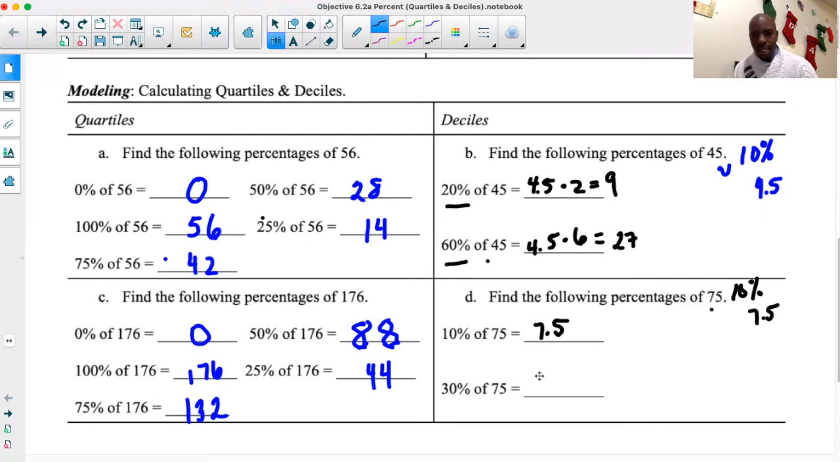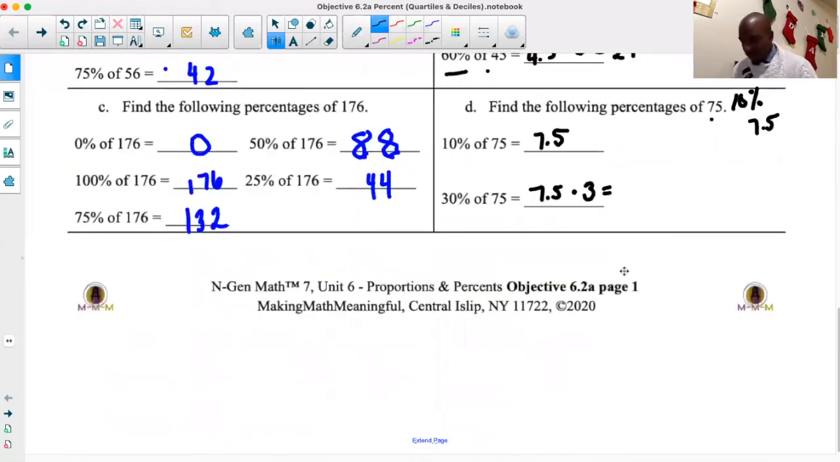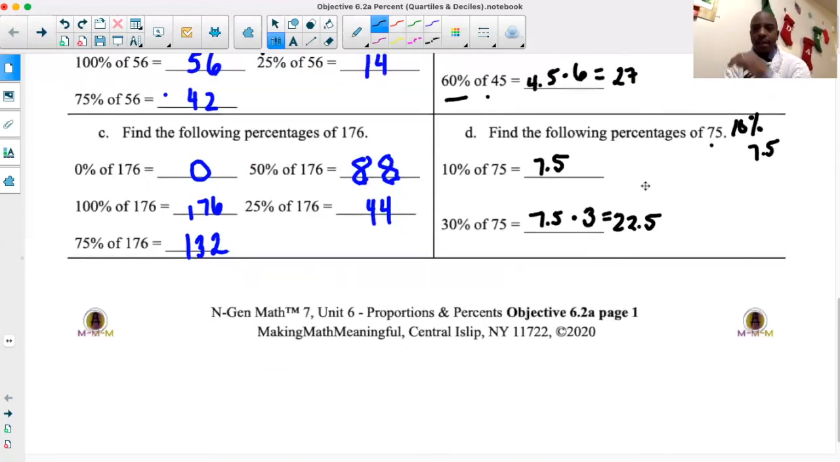But 30% is going to take 7.5 and multiply by 3. Now, why 3? Because we know to go from 10% to 30%, we have to multiply by 3. 10 times 3 gives us 30. So 7.5 times 3 is going to give us what 30% of 75 actually is. And in this case, it's going to be 22.5. Okay. So what we ended up doing, ladies and gentlemen, just now is we said, given a number,